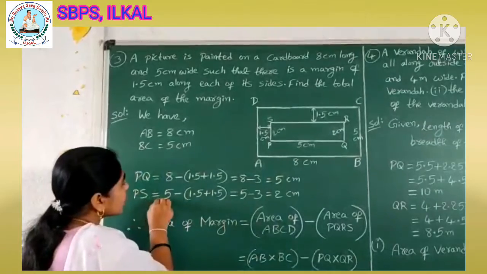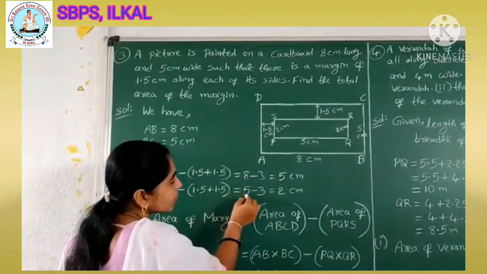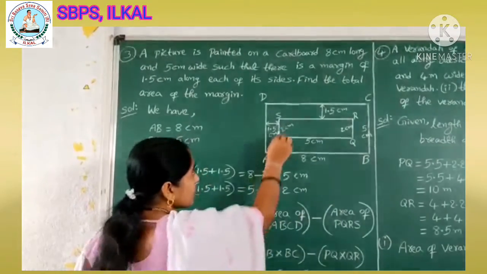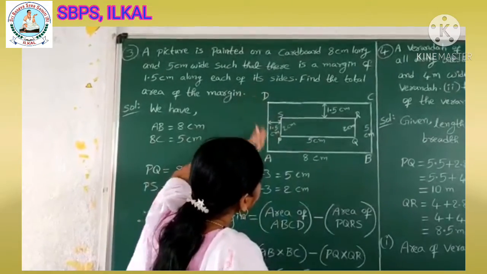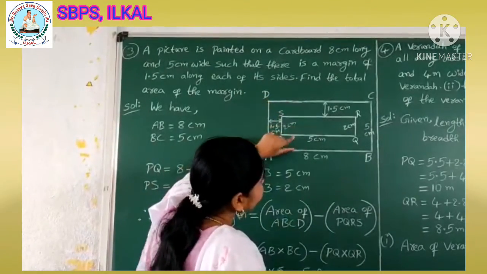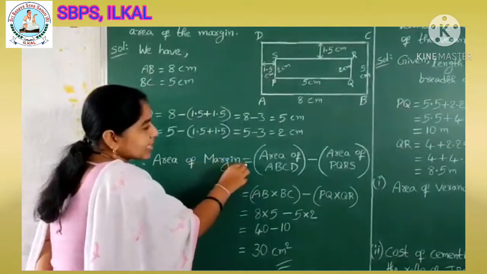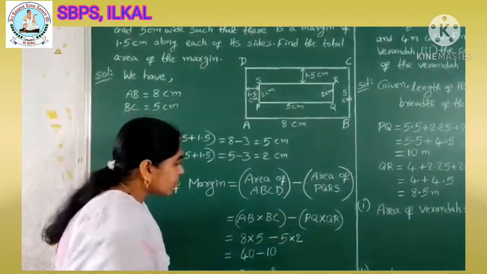Then PS is equal to 5 minus of 1.5 plus 1.5, which is equal to 5 minus 3, which is equal to 2 centimeter. Instead of here, PS if you want, in this AD we have to subtract this 1.5 and 1.5. Okay. Therefore, area of margin is equal to area of ABCD minus area of PQRS, which is equal